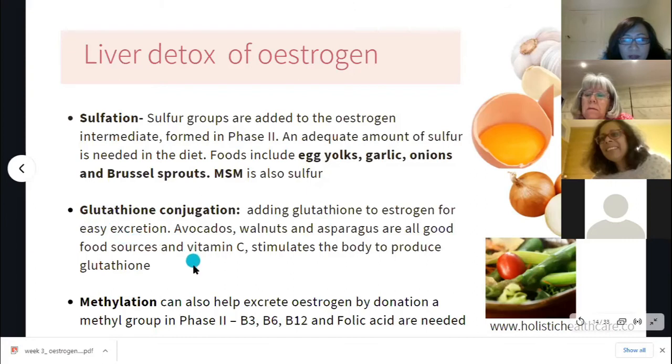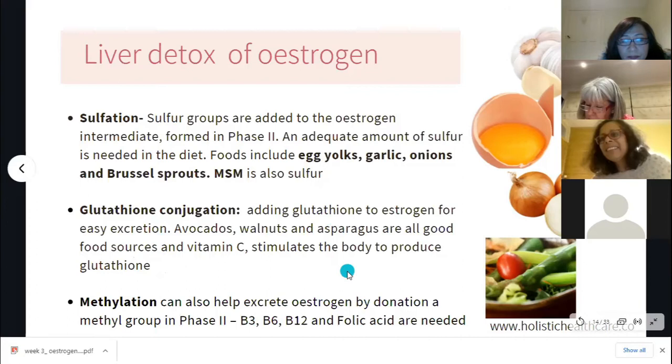So as far as supporting the liver goes, if people need liver support, hormone support, and antioxidant support, I always make sure they get glutathione. The best form to get in a supplement is liposomal form. That's the form that gets absorbed the best. Otherwise, you can buy glutathione in a tablet or a capsule, but the liposomal form is the best form to purchase.